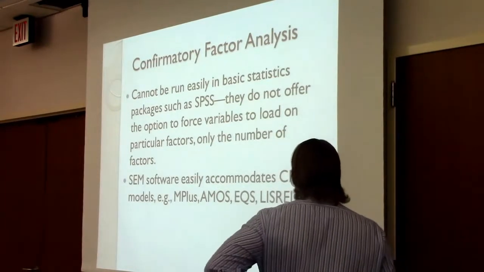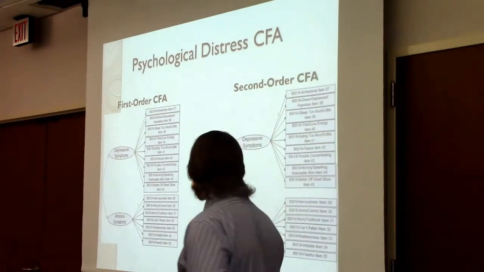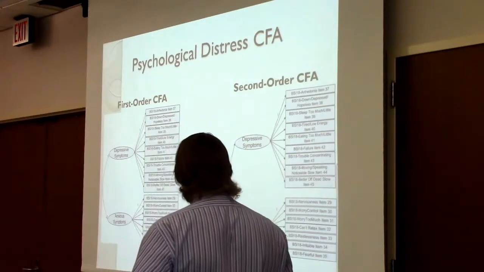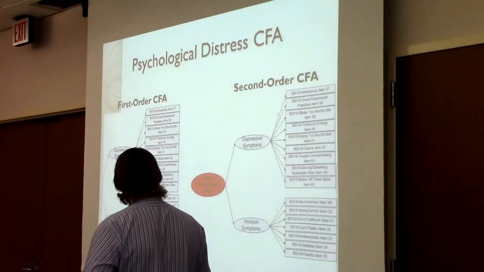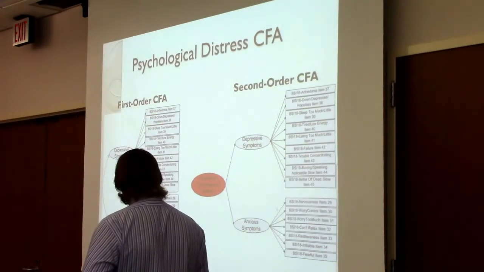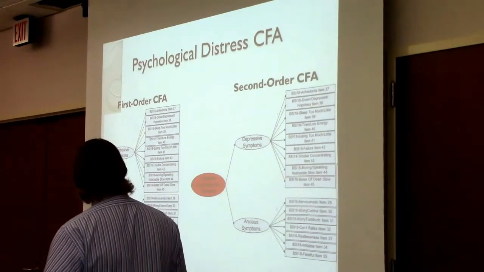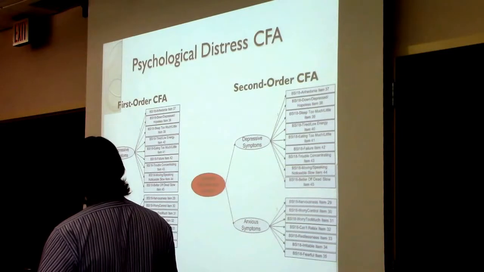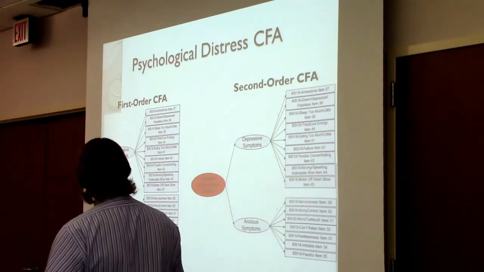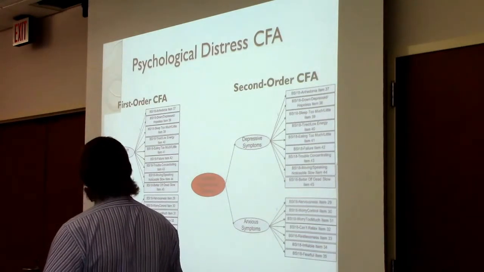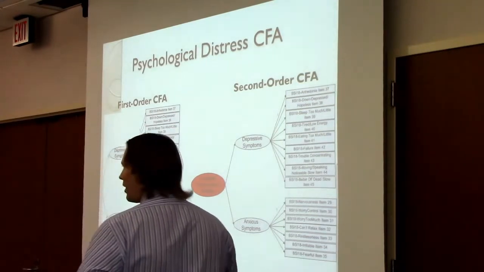However, SEM software accommodates that easily. So here's an example of a first order CFA where we actually had, from the BSI 18, different types of symptoms of depression and different types of symptoms of anxiety. Every one of these arrows is a regression equation. It's basically just item 37 equals the slope times depressive symptoms plus its error. And then you just keep going down through that, and that becomes your matrix of your model implied theta